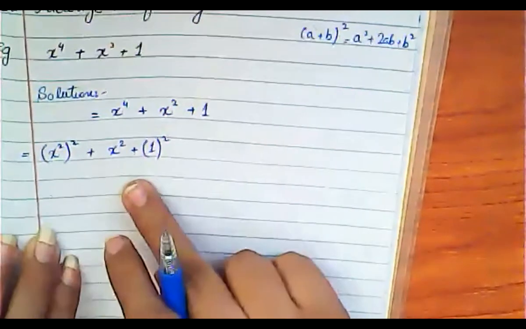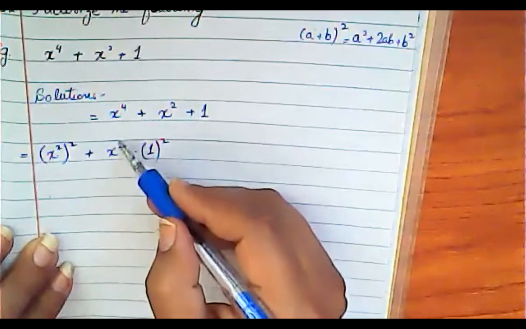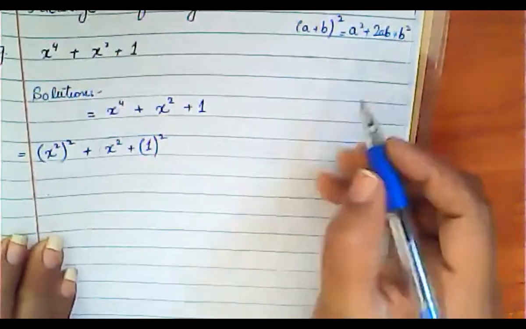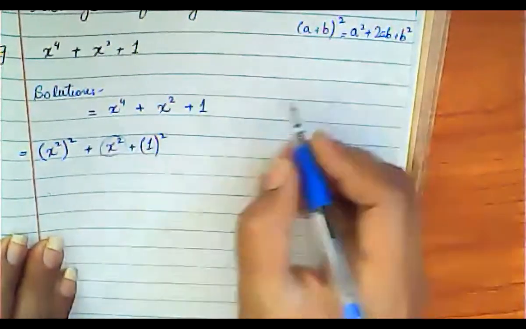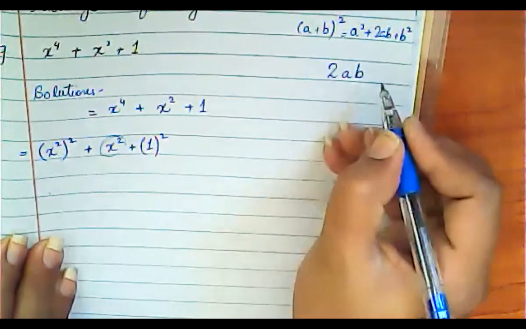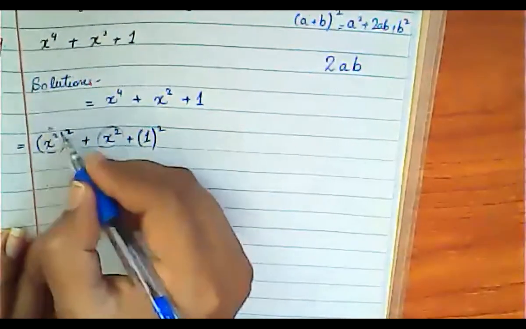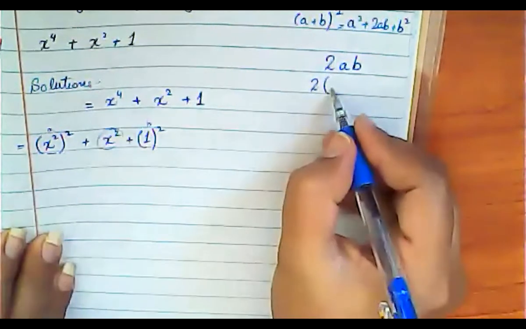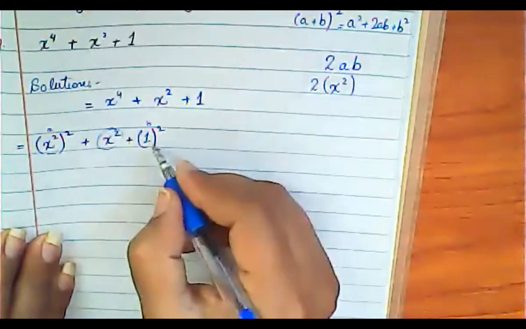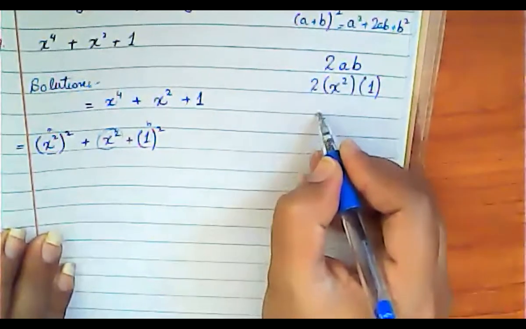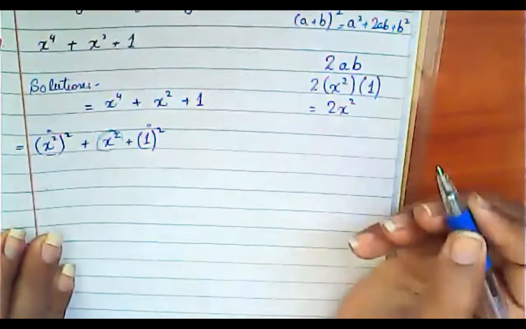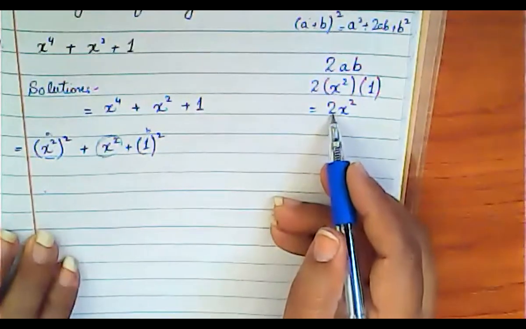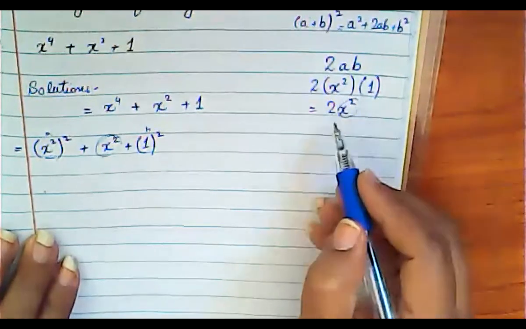Now the question is whether this middle term is right or not according to the formula. Like, does it fit in this formula, yes or no? What is required here must be 2ab. This is a, this is b. So if we put it in, a is x^2, and b here is 1. So the answer will be equal to 2x^2. And here we have only x^2, which means we require 2x^2 here. How many x^2? 2x^2.